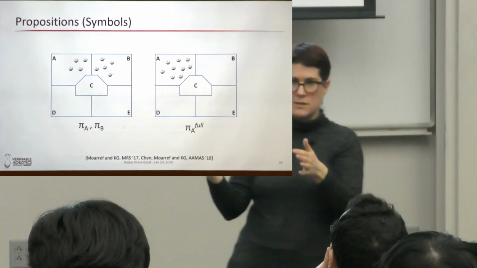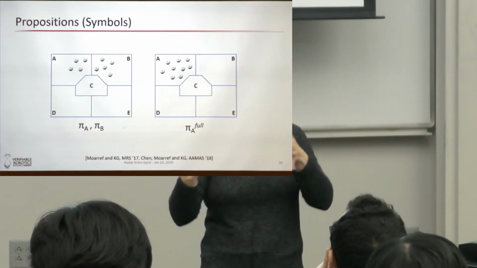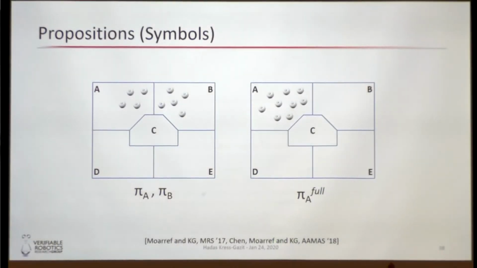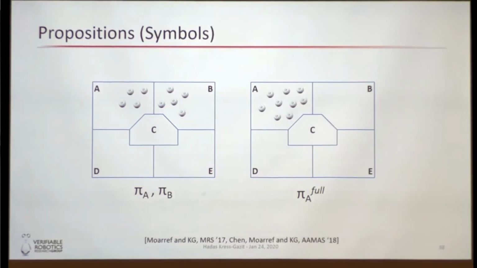Here, it's a swarm. I don't care how many I have. I don't want to deal with individuals. I don't care if some die along the way, to a point. So my abstraction now is that a proposition is going to be true if in that region there's at least 1 robot. So now there's no mutual exclusion. I could have all of them true at the same time, and so on. So I can build specifications over regions that have at least 1 robot in them.